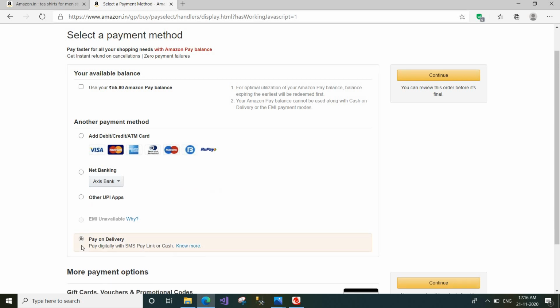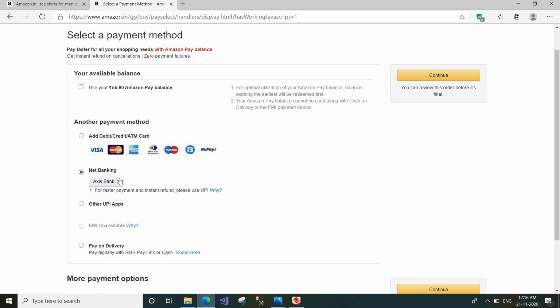You can select pay on delivery also. It is like postpaid. You will give the payment in cash or card in front of the delivery boy, and then the delivery boy will deliver the product to you.